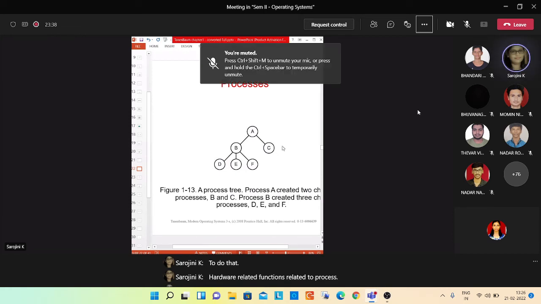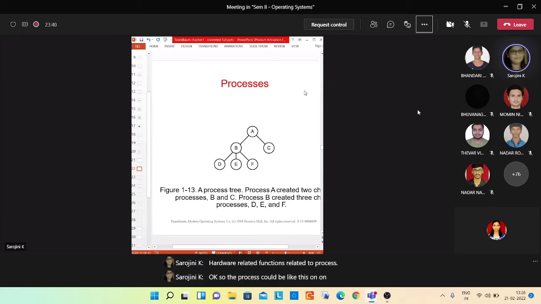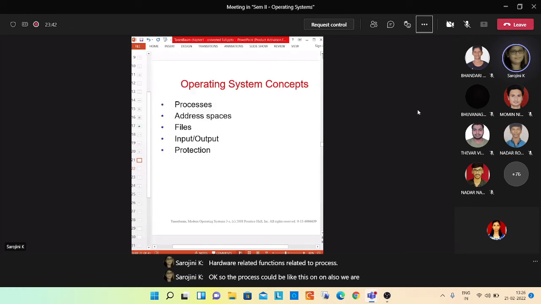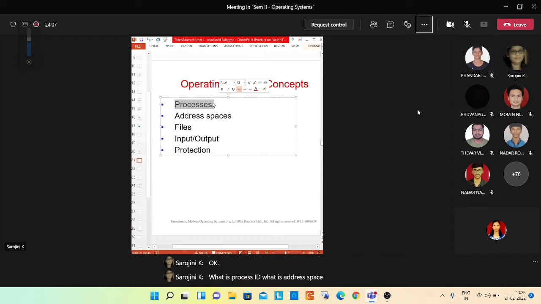Okay, so the process could be like this also. We are discussing the basic concepts of operating systems. Inside that we discuss the processes. Inside the process, what all we see: what is a process, how the process will be created, what is process ID, what is address space.